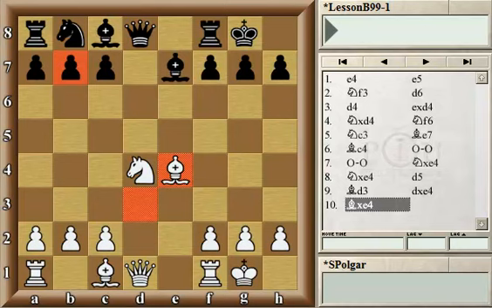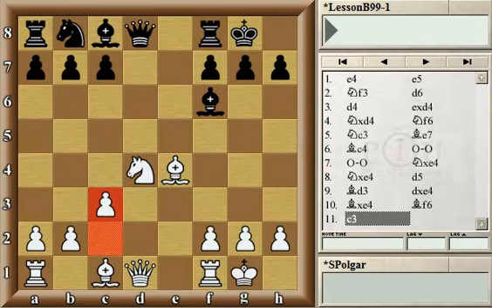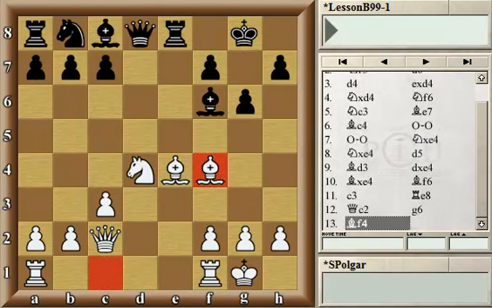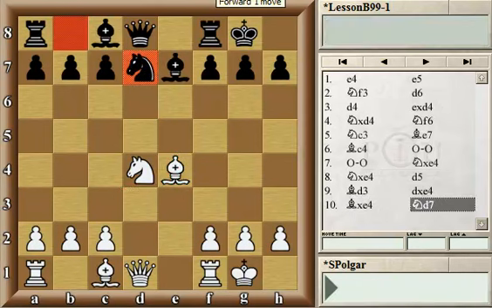Now there were some games where black continued in this position with bishop to f6, and white protected the knight with c3. Here came rook e8, then white protected the bishop with the queen, came g6 to protect the pawn, and then bishop f4, and white had some advantage. Let's go back again. After bishop e4, black continued with knight d7 in this game, and white responded with knight